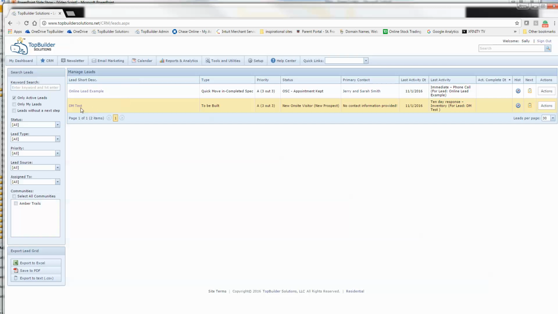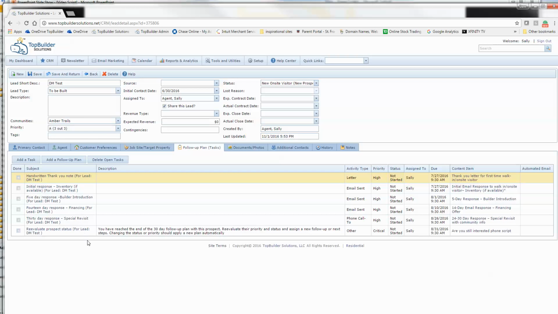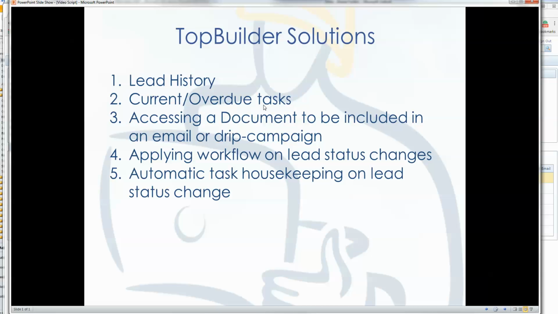Okay, one more thing, just let me show you on that, because you can look at a particular opportunity or lead and then see all the next steps in one tab here. Okay, so that's the current and overdue tasks. Now, accessing a document to be included in an email or drip campaign. Well, there's a lot of ways of